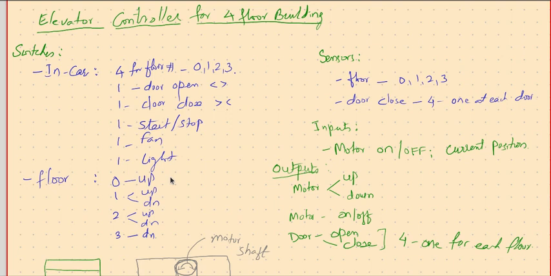That means if you want to use the service of the elevator when you are on the ground floor, it only means that you have to go to the first floor, second floor, or third floor. That means you have to go up only. There is no chance of going down because you are already at the lowest position. Therefore, you need to just tell up.